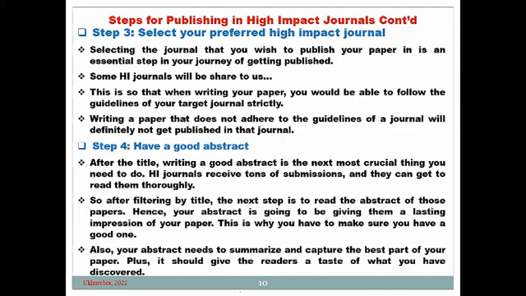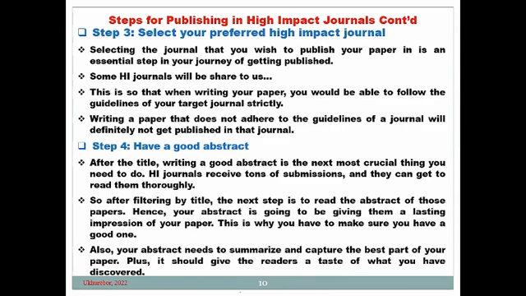This is so that when writing your paper, you'll be able to follow the guidelines of your targeted journal strictly. Because one way they reject papers, even when the work is good, is if you don't follow the guidelines. Such journals don't have time for you. We say do A, you are doing B. Each journal has their own variation, a little variation. Even the references they cite, even when they say you should use a particular citation style, they still have variety. So you must learn to follow them.